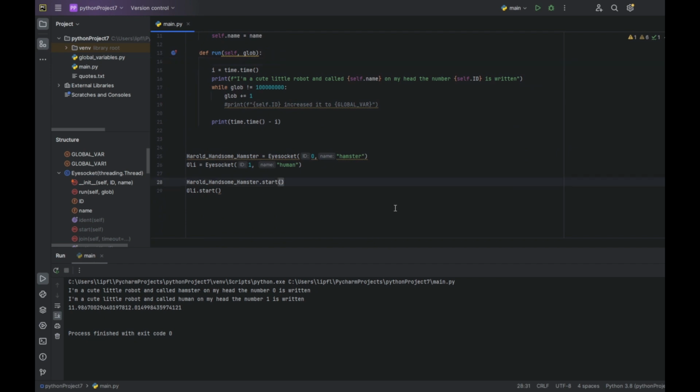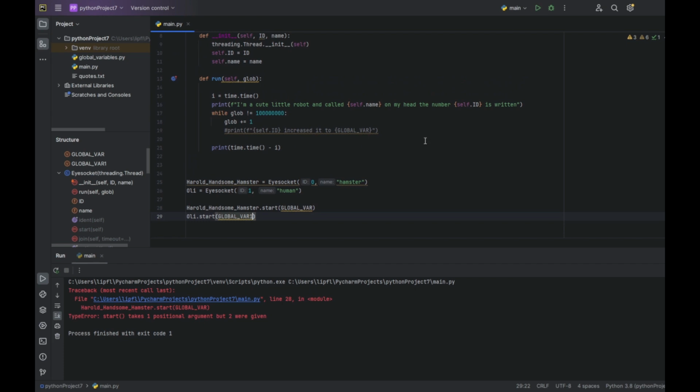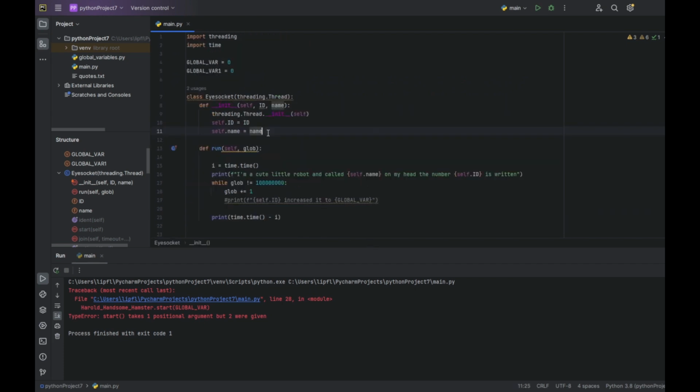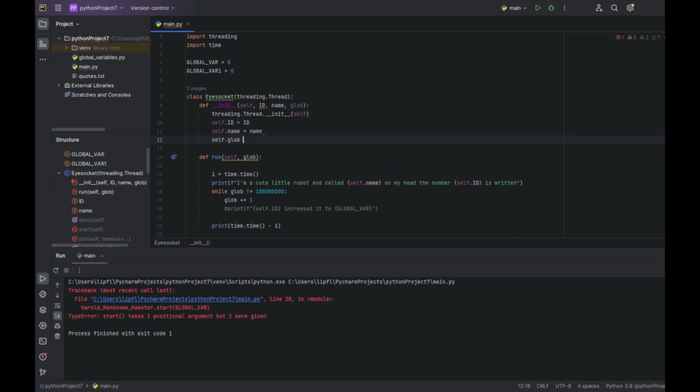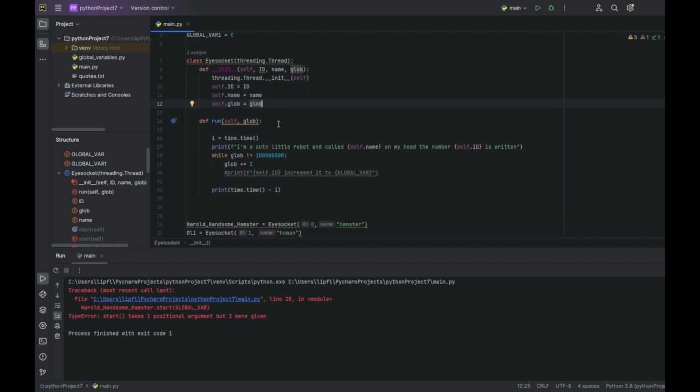We are just typing it. So glob. No, global var. And global var2. Okay, yes, of course, because start and run are not the same function. So let's add another variable in our constructor, like glob, and self.glob equals glob. And yes,